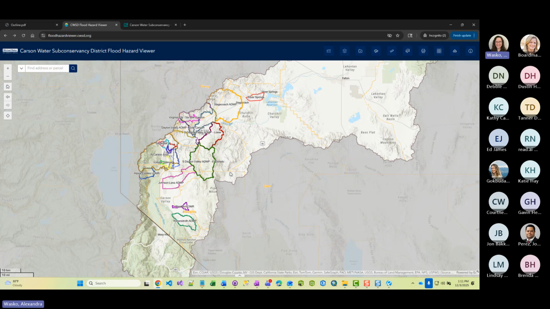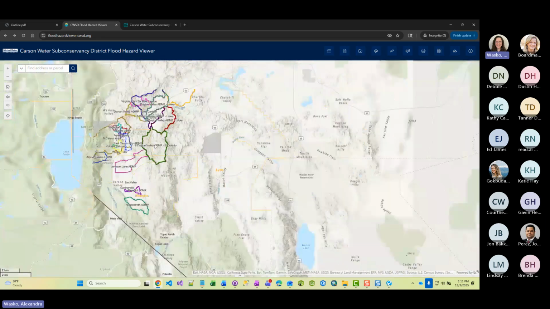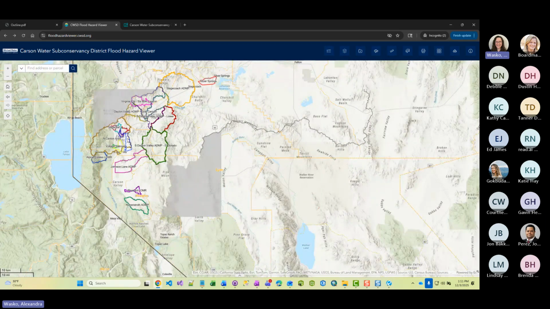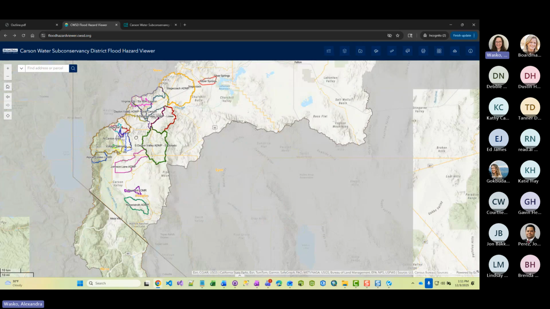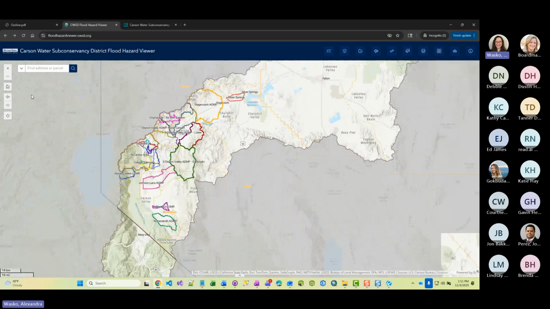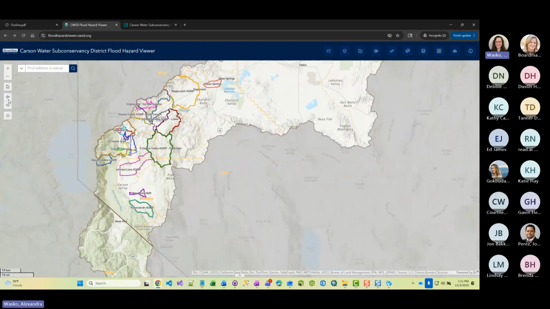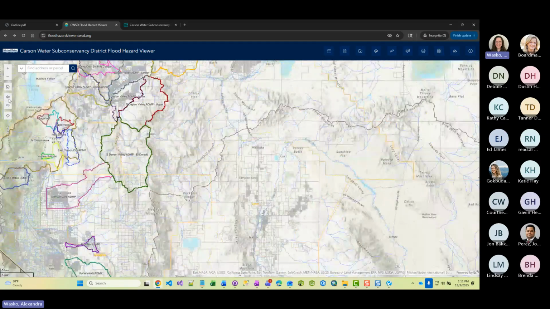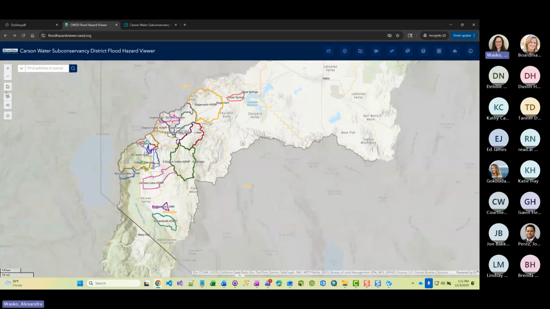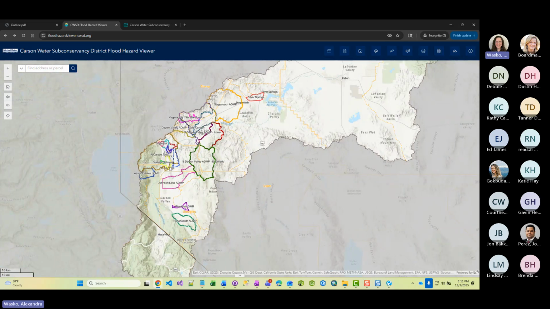We can use our mouse wheel to scroll in. We can hold our left clicker on our mouse to pan around the map. We have some other navigation tools available in the upper left-hand corner of the application too. Buttons to zoom in and out as well. We can go back and forth through our extents that we might have gone through in the application. There's also this home button here that takes us to our initial extent of the application, and also a find